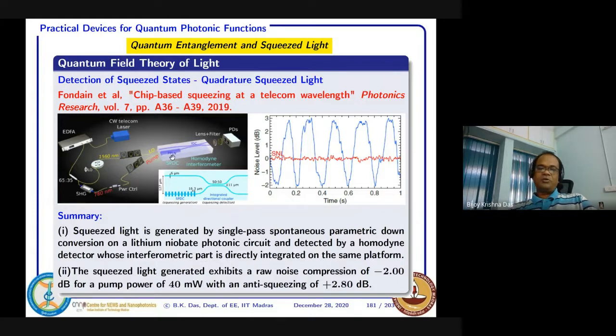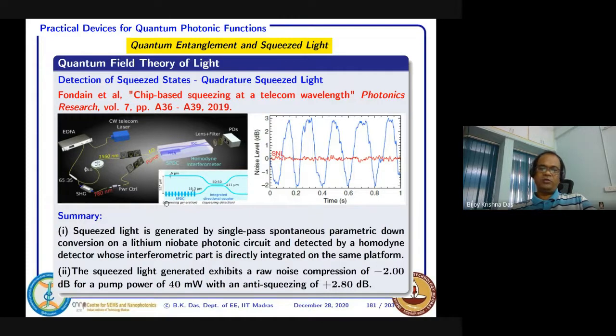Okay. So here they will be actually generated. This daughter photons will be generated, and that will be actually squeezed light basically, and the two daughter photons frequency will be same in this particular case. This is designed in such a way that so-called periodically poled lithium niobate they used.